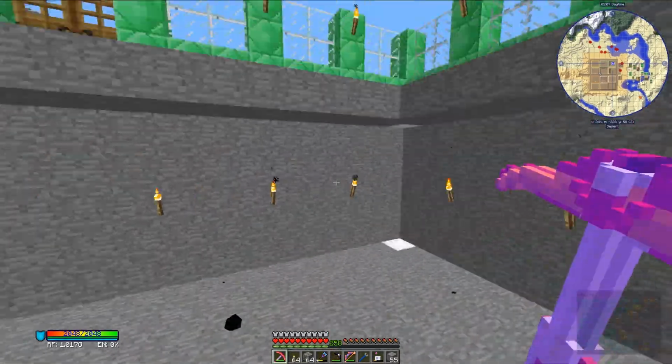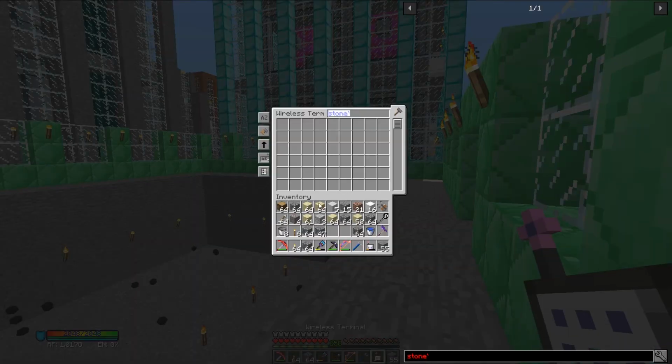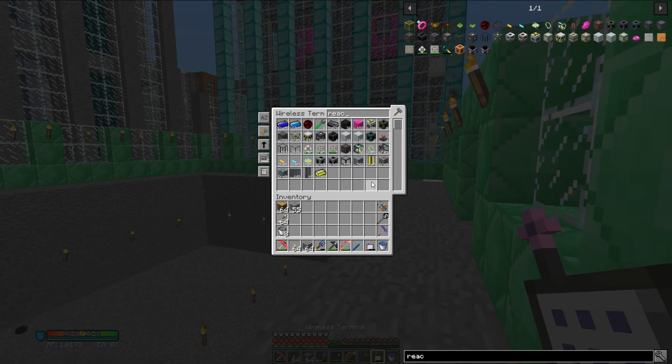Now that we have all that cleared out, let's build the base of our reactor here. So obviously we're going to need a bunch of reactor stuff. I shouldn't have got rid of my elevators. Oh well. That's fine. Reactor stuff. So obviously we are going to need...